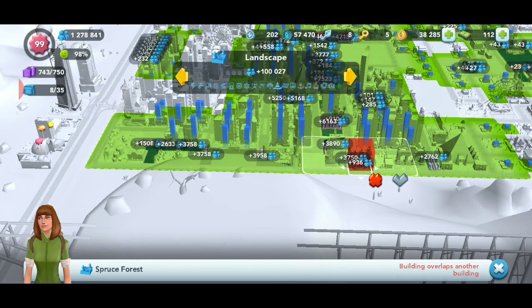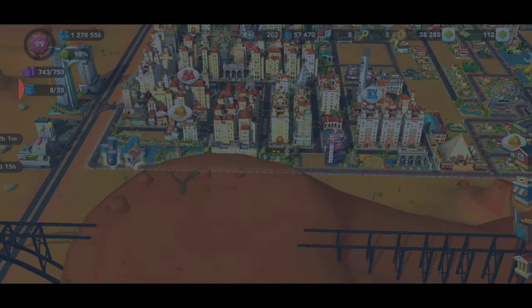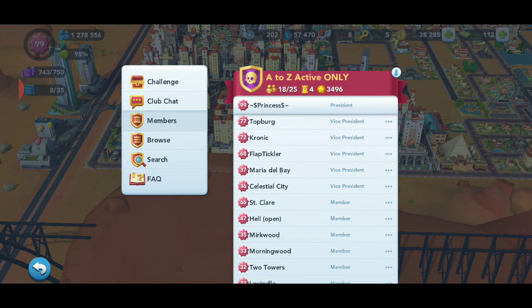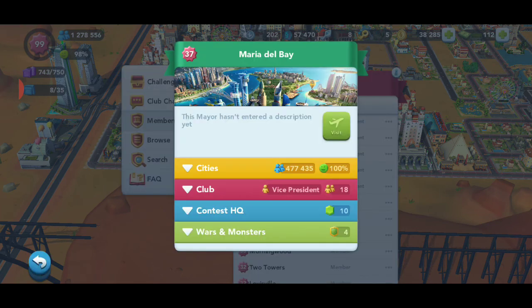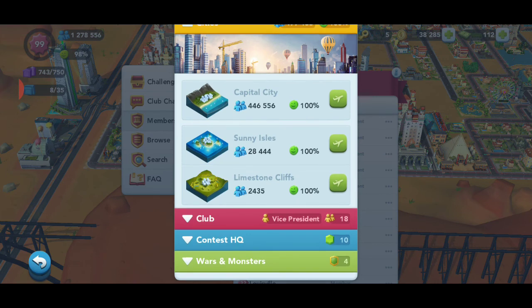Also, you're going to want to take into consideration, if you're somebody who is in a club, you can actually go to your members list here, and if you click someone's name, anybody, you hit cities and you scroll down and you see which ones they have unlocked, and you can travel to those maps and get maybe some ideas,